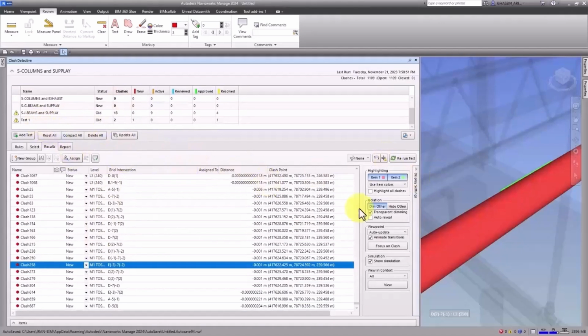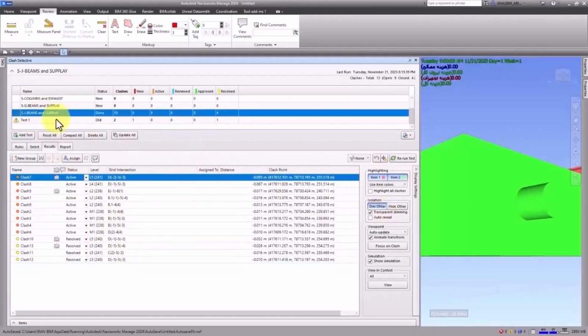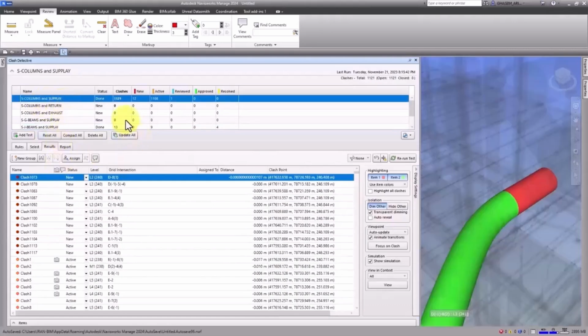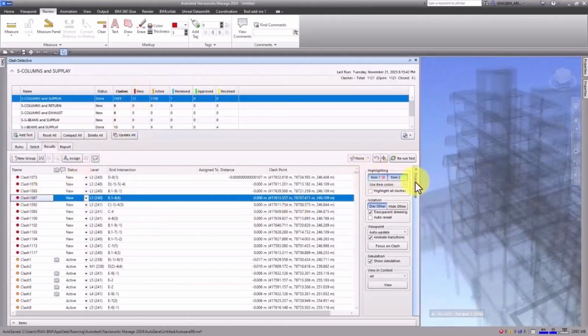And when I run it again, they will be here again because I didn't solve them. I controlled them manually. It doesn't count manual controls. As you can see, it will be here again. 12 are returned again. Okay, here in this window,